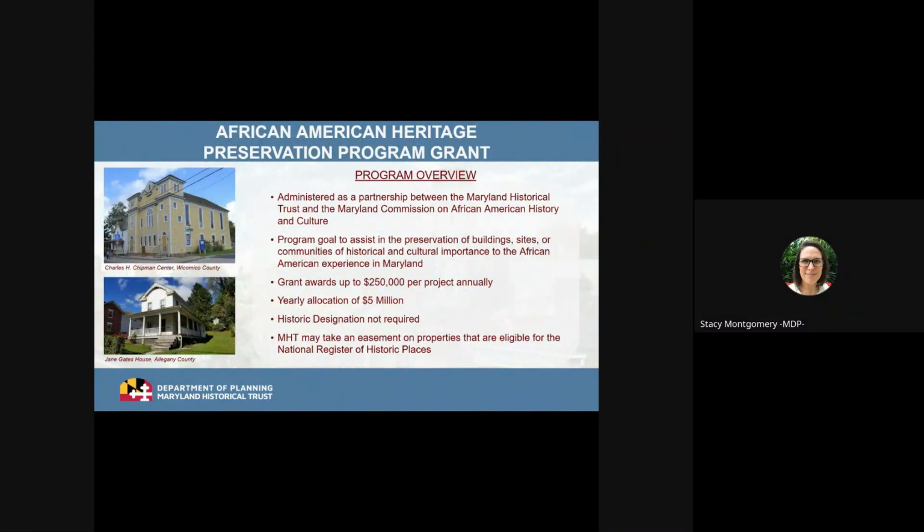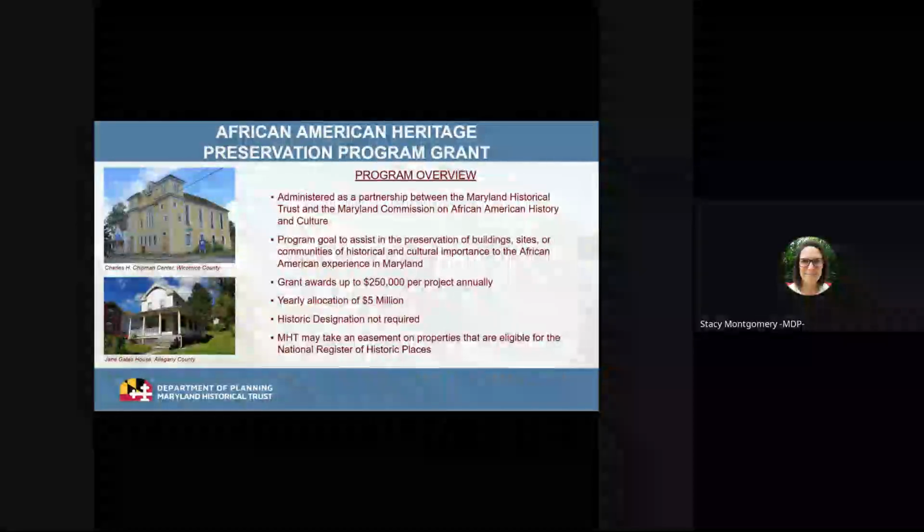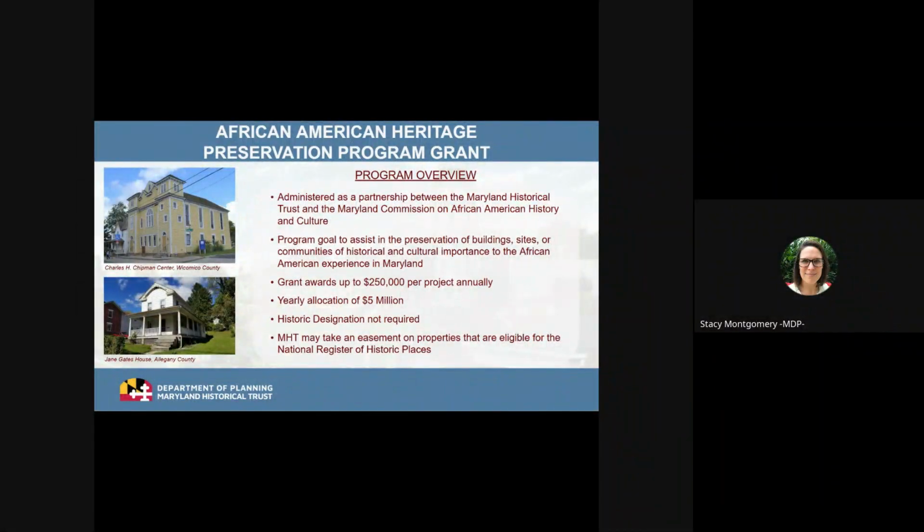So the next program is the African American Heritage Preservation Program grant, which is a program that's jointly administered with the Maryland Commission on African American History and Culture and the Maryland Historical Trust. The annual allocation for this program is $5 million, and applicants can request up to $250,000 each year. The awardees of this program are chosen by the Maryland Commission on African American History and Culture based